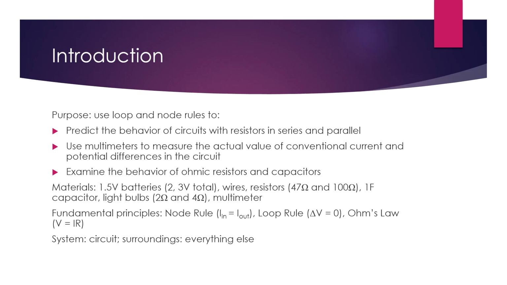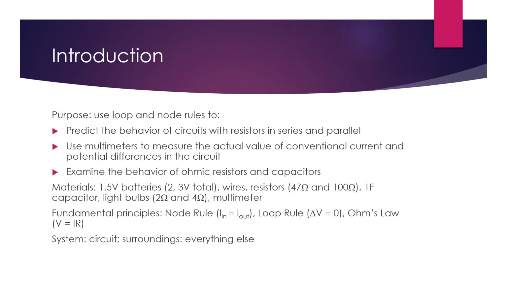The materials used in this experiment include two 1.5-volt batteries to supply 3 volts of potential difference total, wires, two resistors of 47 and 100 ohms respectively, a 1 farad capacitor, two light bulbs of 2 ohms and 4 ohms respectively, and a multimeter. The fundamental principles in this lab include the node rule, which states that the current into